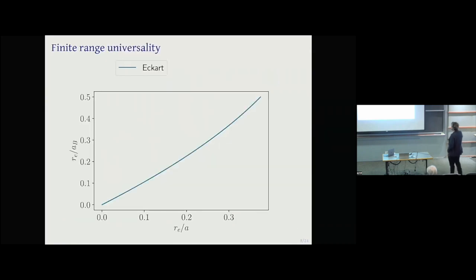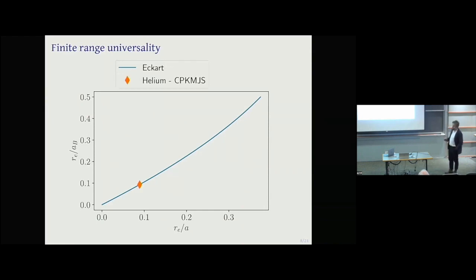We can use this potential to relate AB and A. So the binding energy, if you want, as a function of the scattering length, scaled by the effective range. So this is the relation you have. You have only this relation. And I repeat, it's exactly valid if the shape parameters are 0. And